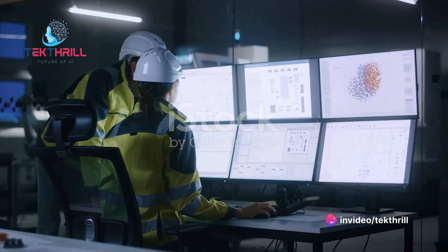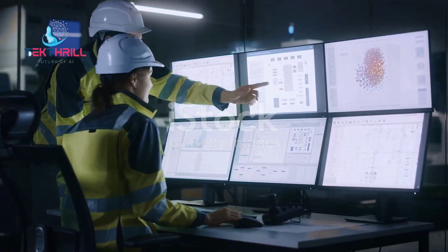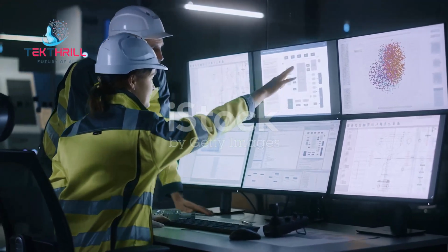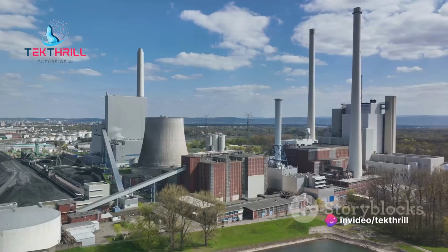The power plant implemented a machine learning model, a subset of AI, to analyze this data in real time. It learned from historical patterns of equipment failure and was able to predict potential breakdowns